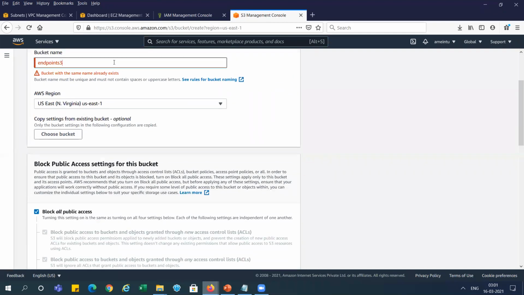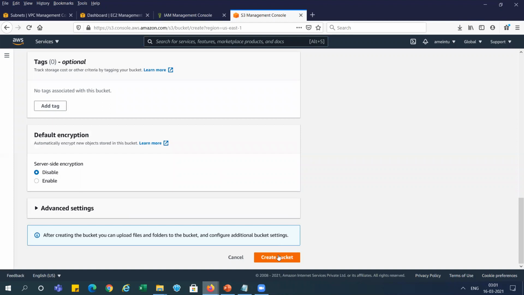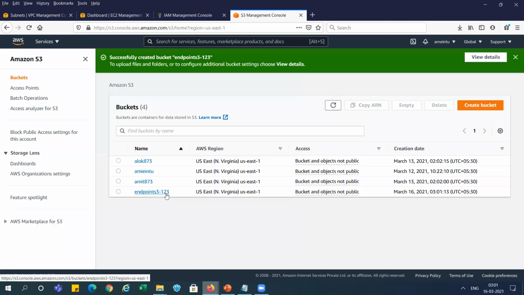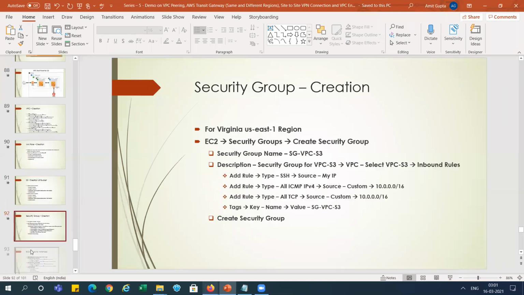This bucket name already exists, so I'm giving -123, right? So we've created one more bucket. Similarly, we can create multiple buckets, right? I've already created these two buckets, Amit 873 and Alok 873, both are created here, right? So this step we have done.